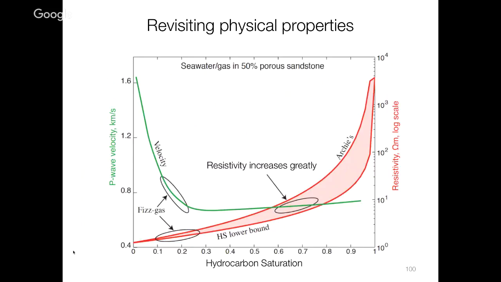So let's go back and revisit the physical properties. This is kind of a repeat of what I'd shown you initially. On this axis here, we've got the P wave velocity, and here we've got hydrocarbon saturation. If you look at the P wave velocity as a function of saturation, it changes greatly between no saturation and maybe 20%, and then beyond that, it doesn't change. On the other hand, the electrical resistivity starts off really low if there's no hydrocarbon saturation, increases, and then at about 60, 70%, really starts to increase markedly. This is a log scale here. So that means that the resistivities are really